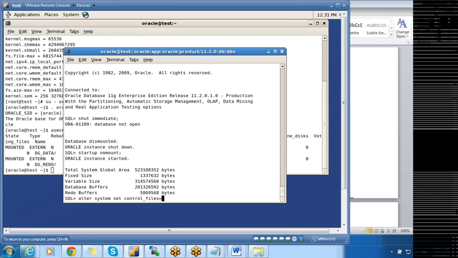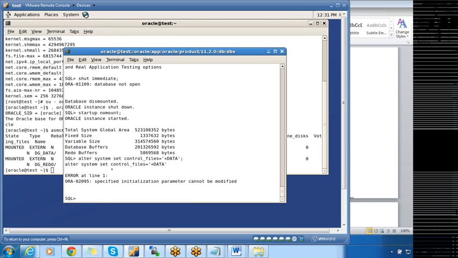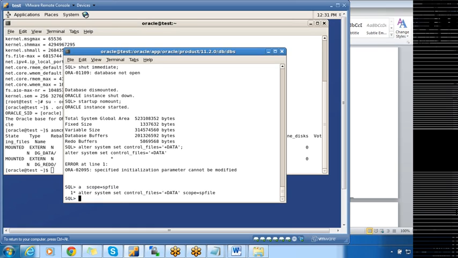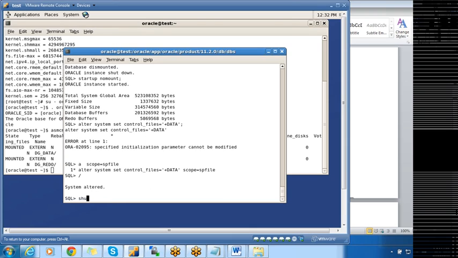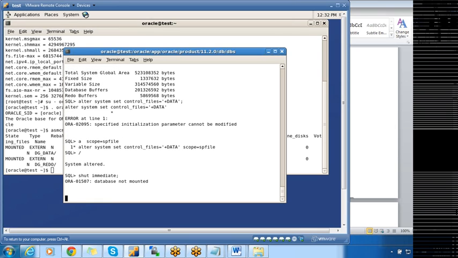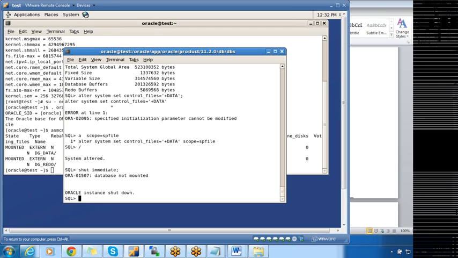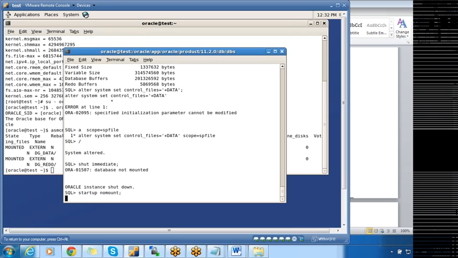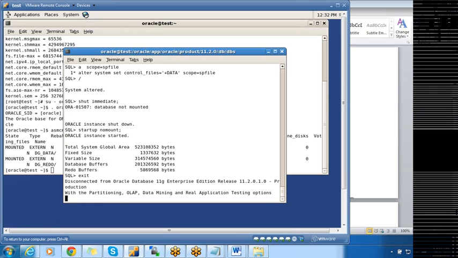I'm doing alter system set control_files equal to plus data, and I don't specify anything else, with scope equal to spfile. Or else we can change it in the pfile and create the spfile. Startup nomount. Exit, rman target /.